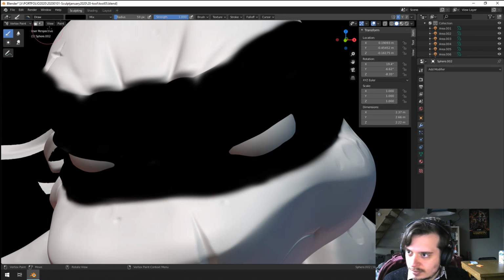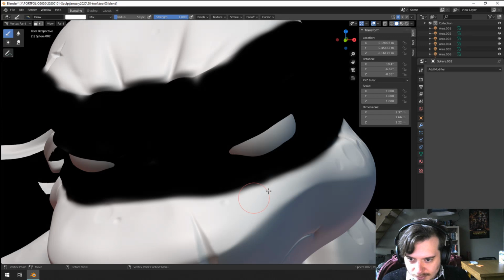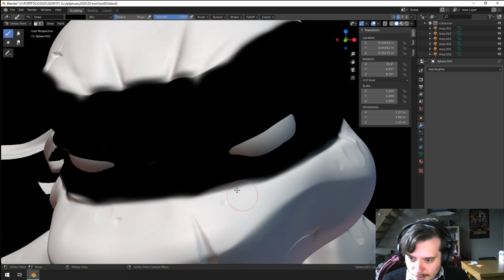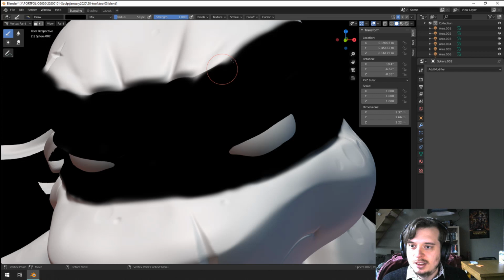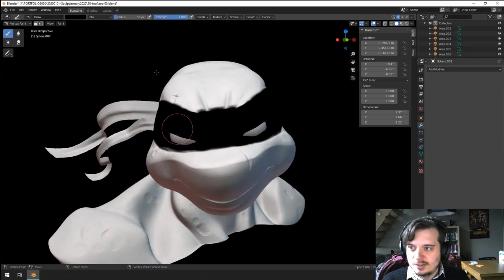Okay, might go to white here again because I painted a little bit too much here, I think. Yeah, just a little bit. Just go back. Nope. Oh boy. Pressing X out of habit. I think there is a feature like this in texture painting. If you press X, you go to your secondary color. Okay, there we go. Up here, just a little bit of cleanup. It's not going to be super visible. I don't want to differentiate the colors too much, but it's going to add a touch. Go back to shading,